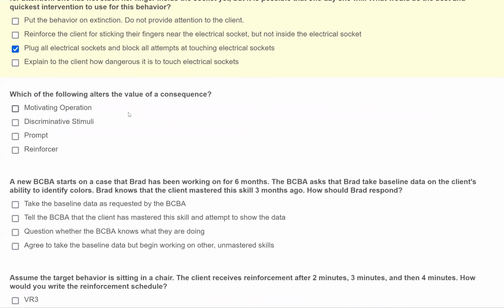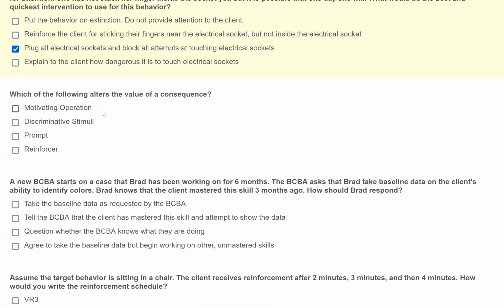Which of the following alters the value of a consequence? Easy question. This is a definition question. This is why I stress the importance of fluency. And people who pass will tell you being fluent is very important. When you're fluent, the terms come naturally. You don't have to think too much about it. And when you see something like, which of the following alters the value of a consequence, immediately you should know